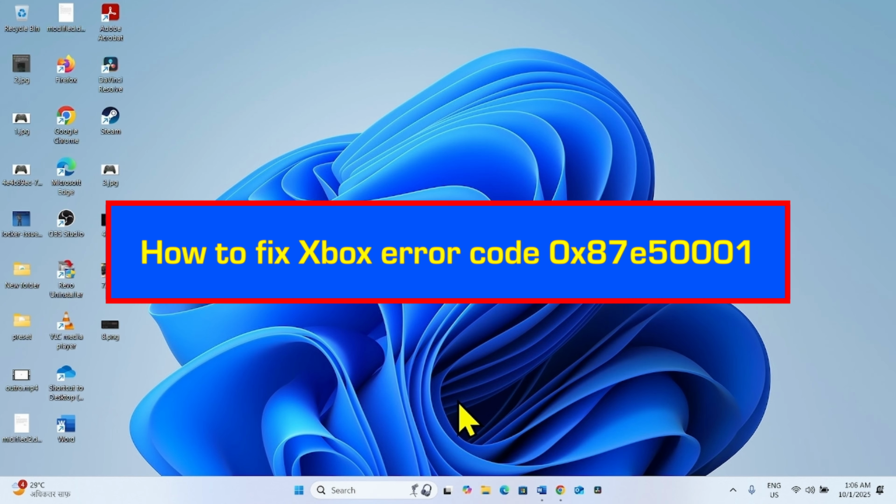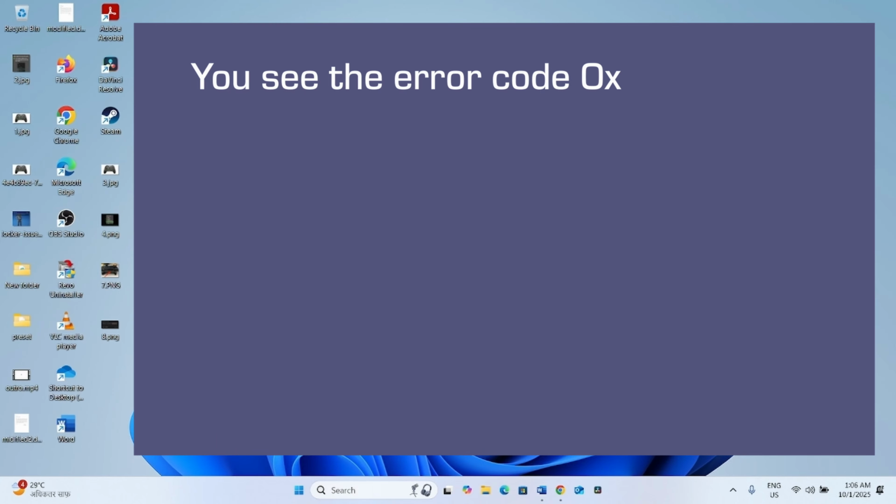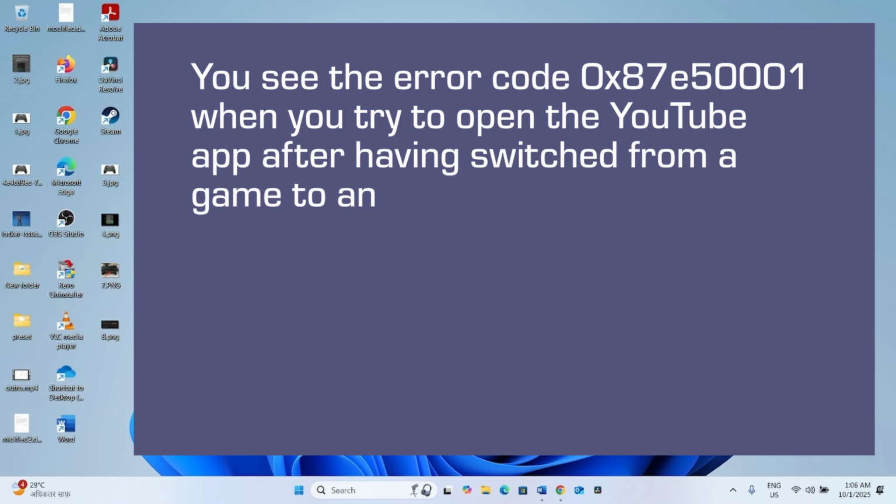How to fix Xbox error code 0x87e50001. Hello friends, you see this error code when you try to open the YouTube app after having switched from